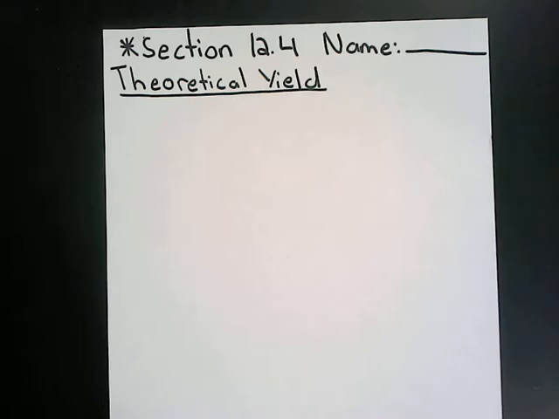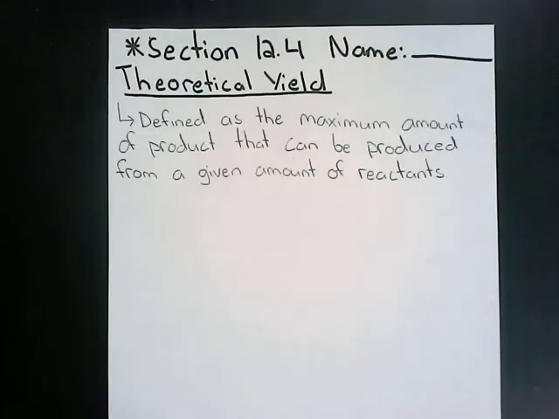So we start out here with a few terms and definitions, and this first term that we start out with is the theoretical yield. Now, the theoretical yield is defined as the maximum amount of product that can be produced from a given amount of reactants. Now, in the stoichiometric problems that you have done up to this point, you have actually calculated the theoretical yield